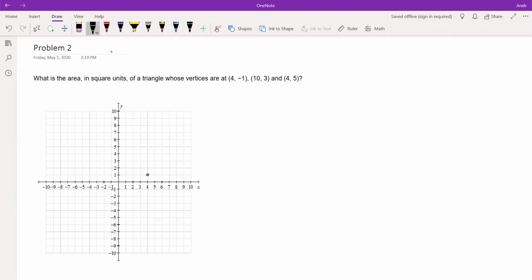So (4, -1) comes here. (10, 3) is over here. And (4, 5) is over here. So we can notice that this is actually an easy triangle. As the base is simple, we can easily see the length of the base is 6, and the height of the triangle is also 6. So we don't actually need to use shoelace, and we can simply do area equals 6 times 6 divided